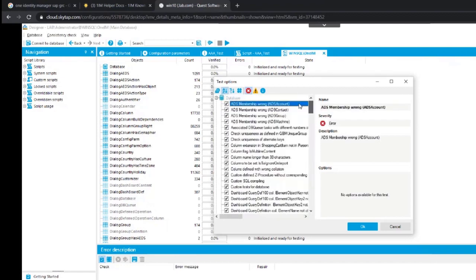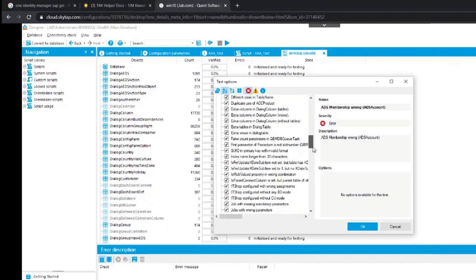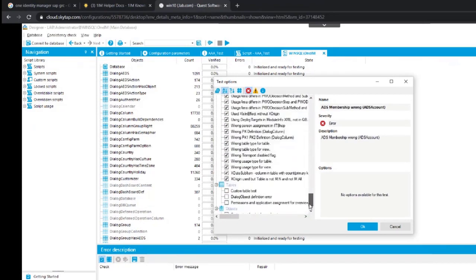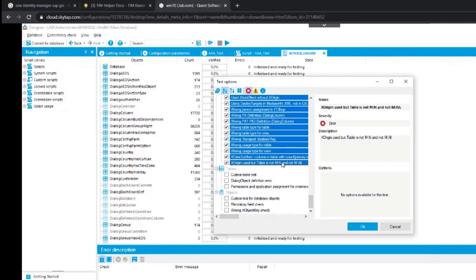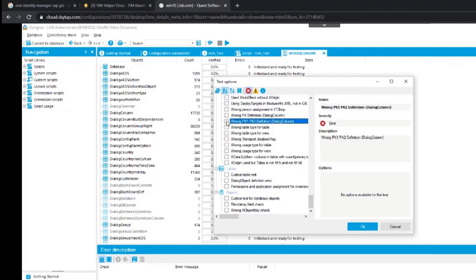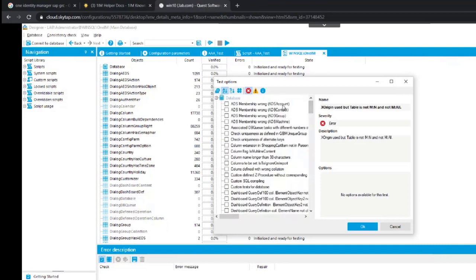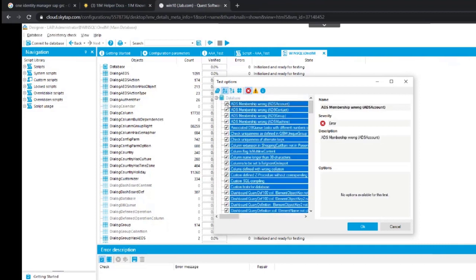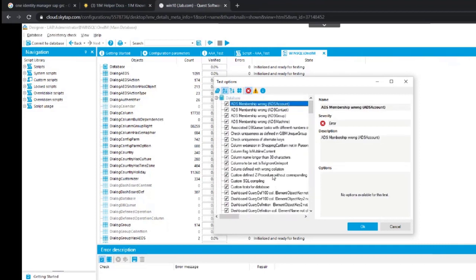You can highlight these, select them all there, all the database checks like that. You can unselect them. I'm going to have to reselect them now. It's okay, just to show you how that goes. Select them all there. So now you've selected all those items.